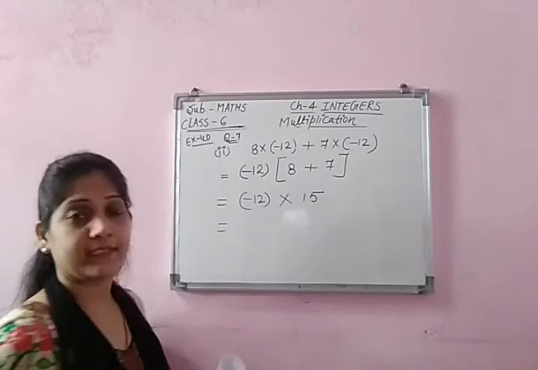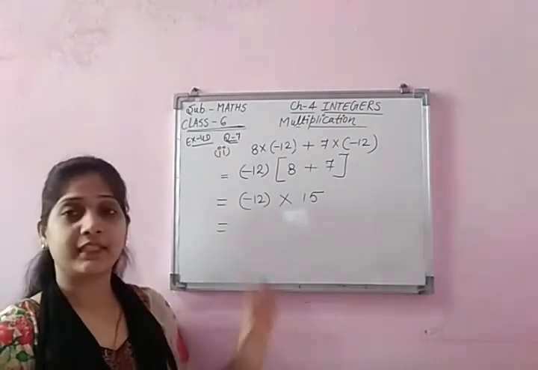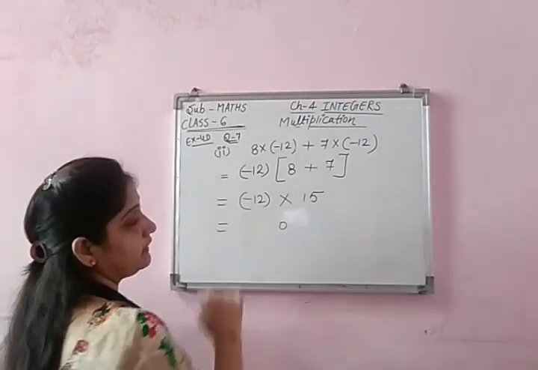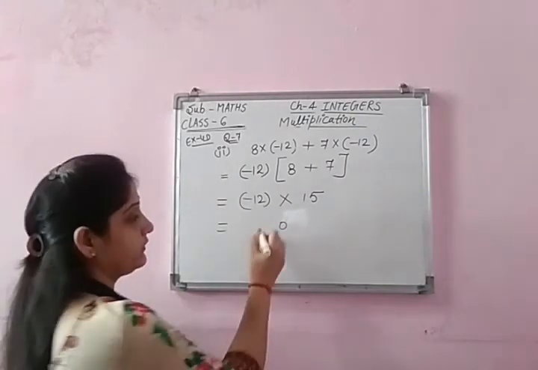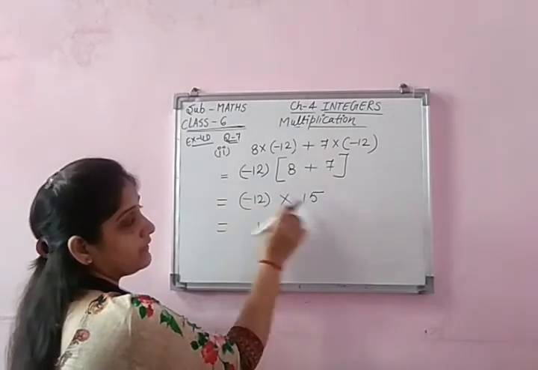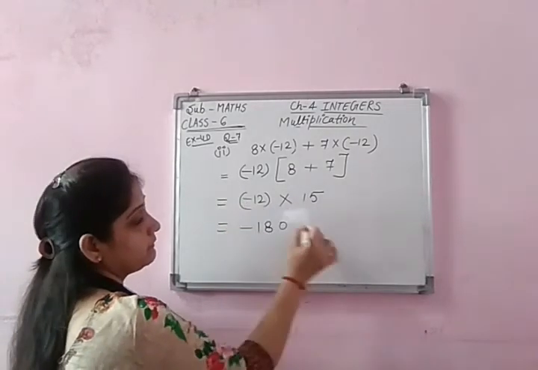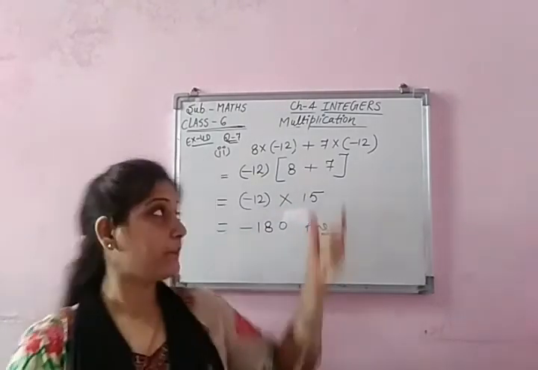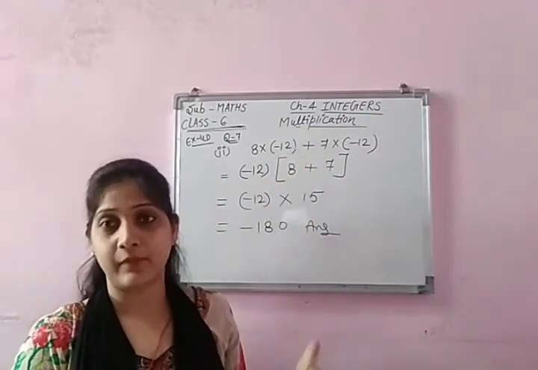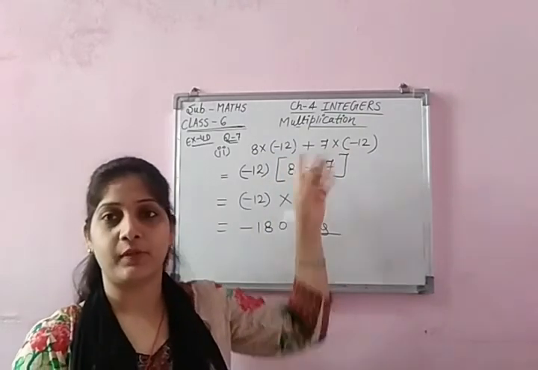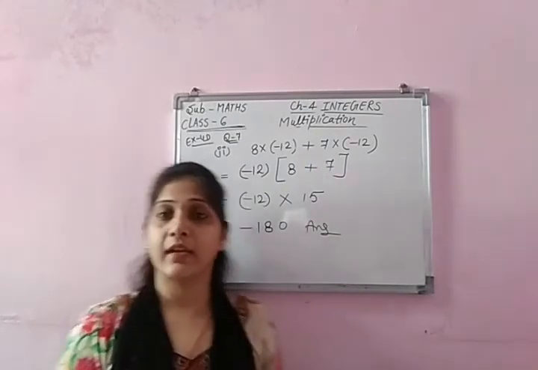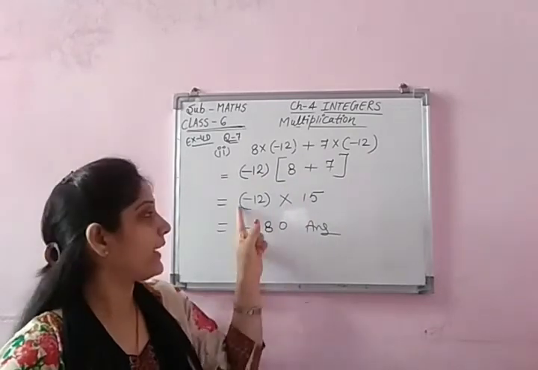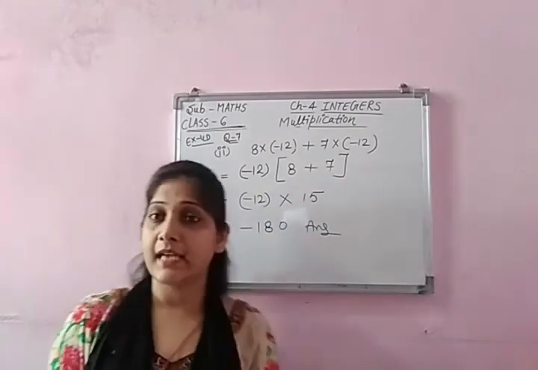Now multiply this. How to multiply? 12 5s are 60, or you can directly multiply by the 15. Table of 15. 15 2s are 30. 15 1s are 15 and 3, 18. And this is negative, this is positive. So minus plus minus. Your answer will be negative 180. Here you have to remember where we have to add and where we have to multiply. It can be in subtraction also, but in your class it is only for addition. So first we have to add and here we are multiplying. So minus plus is minus. Okay. Signs matter a lot.